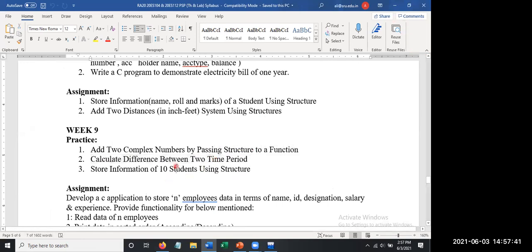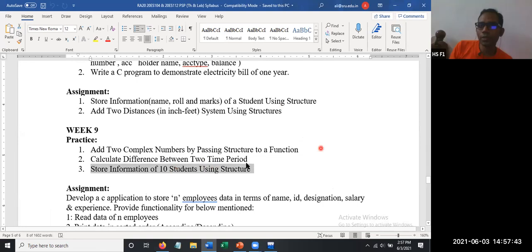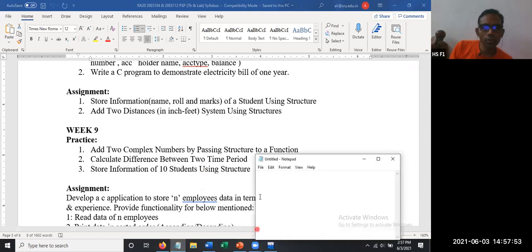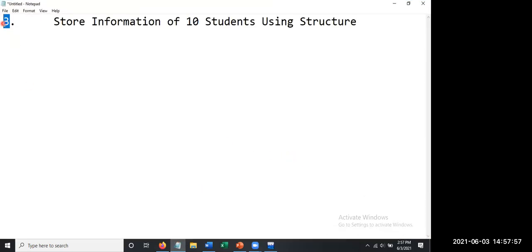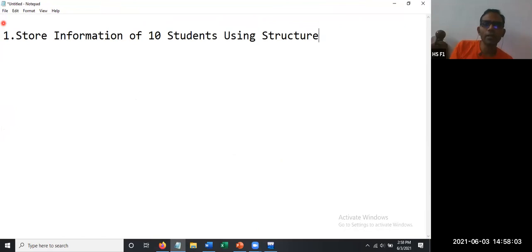Store information of 10 students using structure. No? So let us do this. Let me copy this question for you. What kind of information? Anything you want to store: roll number, name, marks.